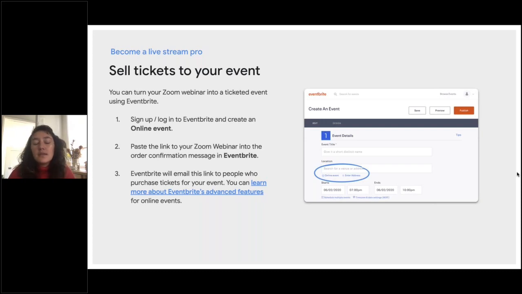But you can also make sure that there's donation options to kind of give people the opportunity to pay what they want for particular live performances. It means that you can put your YouTube live stream in there, you can put in the Zoom webinar details in there as part of the ticketing information, or even as just a part of the location information. So depending how open you want it or secure you want it to be.